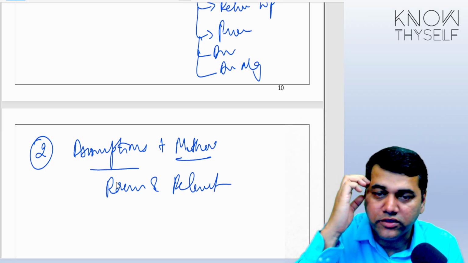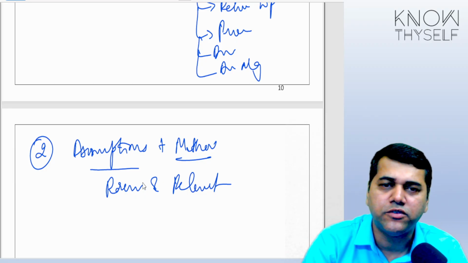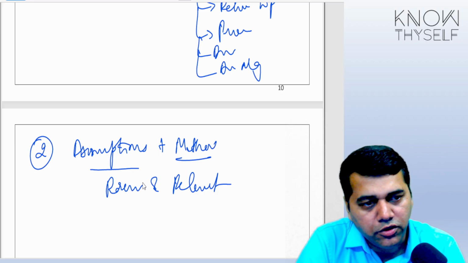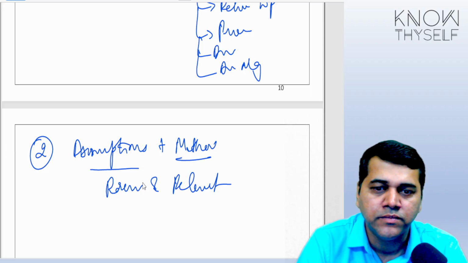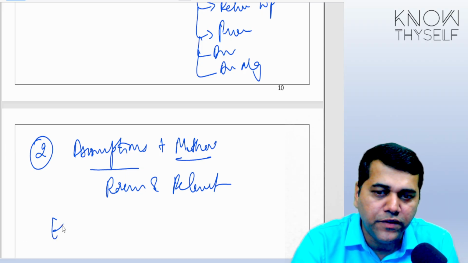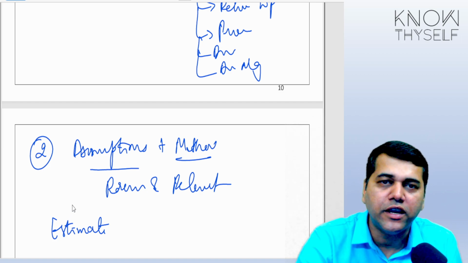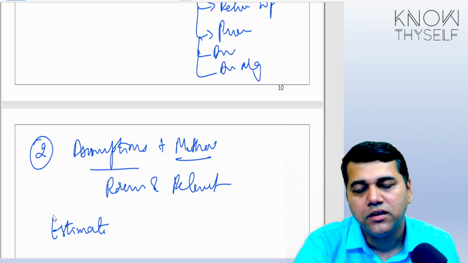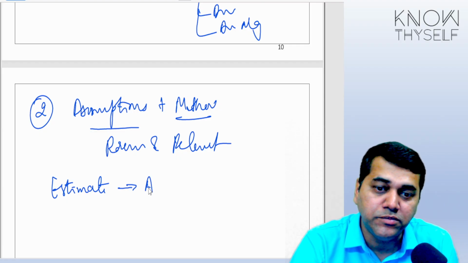So what is this concept of an assumption and a method? Students, like whatever examples we have taken, litigation, derivative valuation, financial instrument valuation, building valuation, oil estimations. Everything is a matter of an estimate. Somebody has to estimate, because if something could have been accurately measured, then first of all, why do you need an expert? You only could have measured it. Now, as an estimate comes into the picture, certain assumptions will always come into the picture.